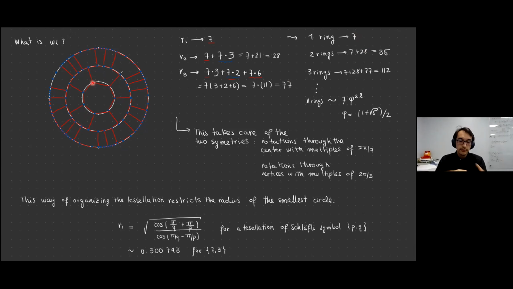If you act repeatedly with those 2 groups, you will start building up the different rings. So for the first ring, you only have 7 sides. Then the next one has 28 sides. So in total, you have 35, and you start growing and growing. And then eventually you can show that for L rings, you'll have this nice number as the number of sides. And then one property.